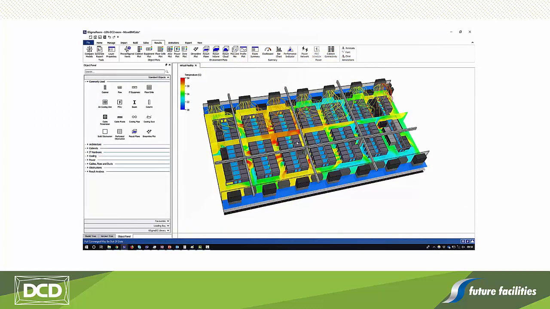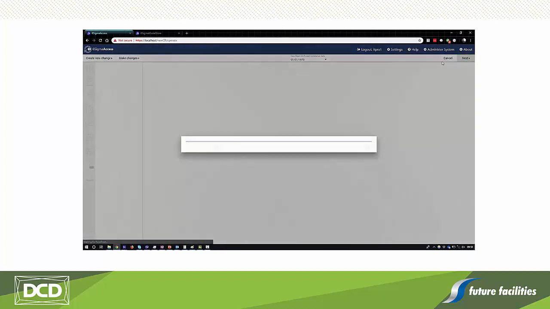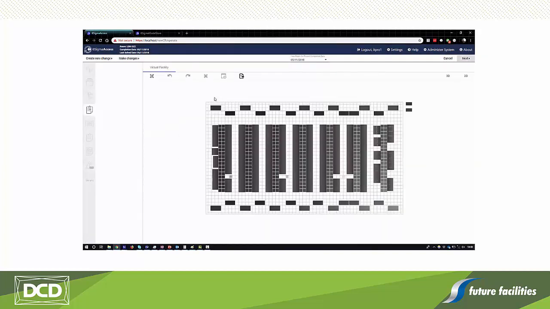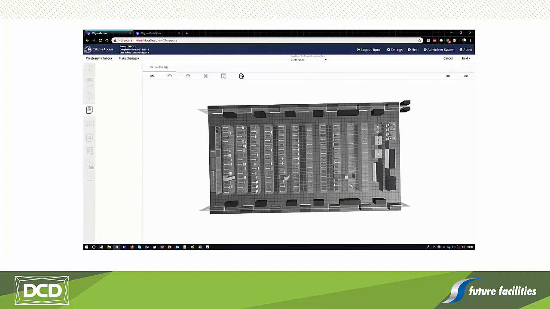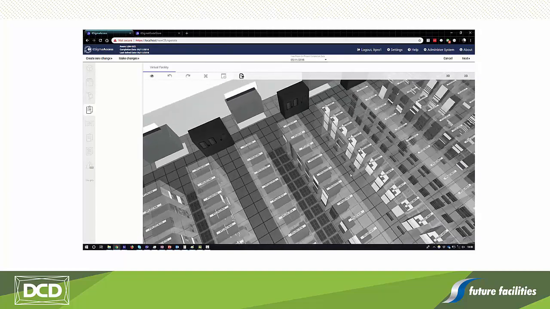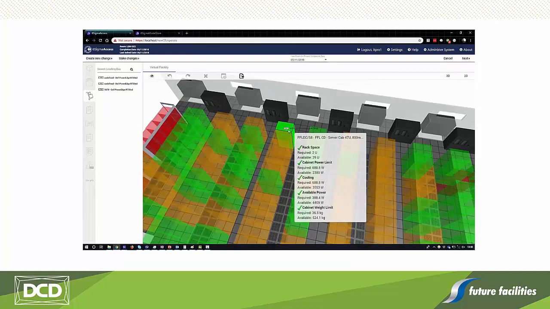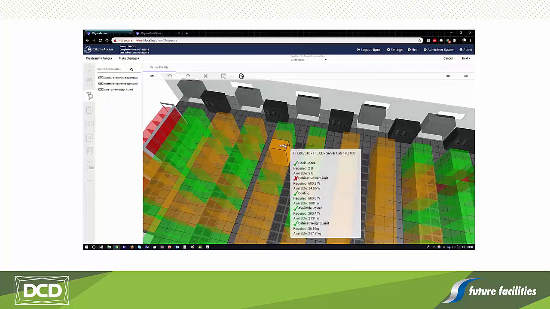So here we have the full detailed model with all of the information built in. But for the IT professional, they want a filtered version of that. So they can log in through a web portal. The model loads. And it's the same model, but as I said, a filtered view of that. So it's still got the information that they need, so it's still got the 3D geometry, but it's a simplified version of that, so you can just see the outline of the racks and the IT equipment within it. Then if I want to make a change, bring a new piece of equipment in, then I get a traffic light plot showing me where is available, where there's constraints, and